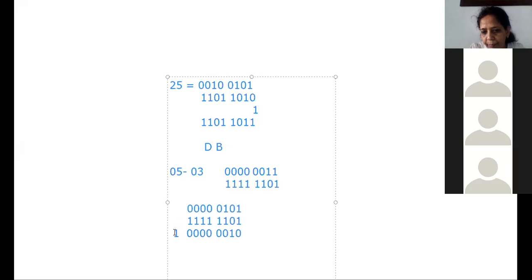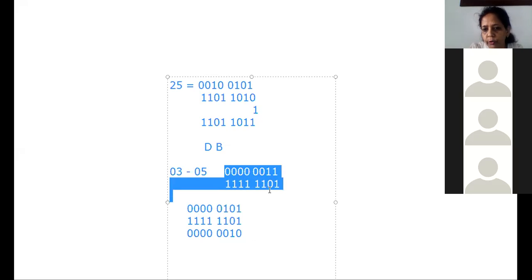So in 2's complement, the carry, if it is 1, it is ignored. And the remaining answer is nothing but your actual answer. If there is no carry, suppose I am doing 3 minus 5. This you have understood? So the actual answer is this particular one will be ignored. So actual answer will be 0, 2. This you have understood? Yes, ma'am. Okay. Now if it is 3 minus 5, how do you do it?